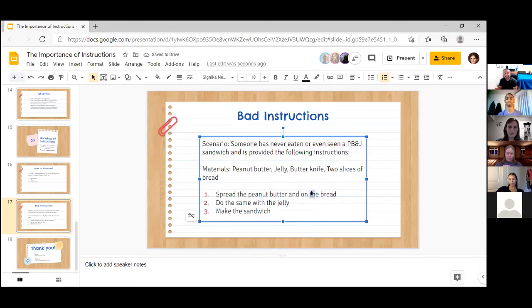Mm-hmm. You just have to be very careful with that, where you're making sure you're being specific with your wording, but not talking to somebody condescendingly. Like, hey, you're an idiot. You're not going to get this. We're like, hey, this is my job to help you. Let's move forward together. Yeah, and